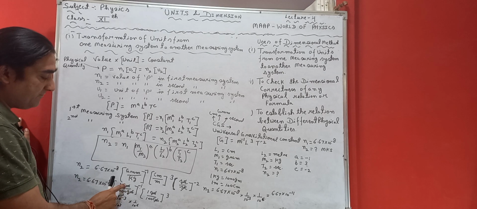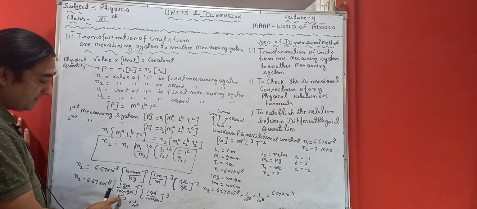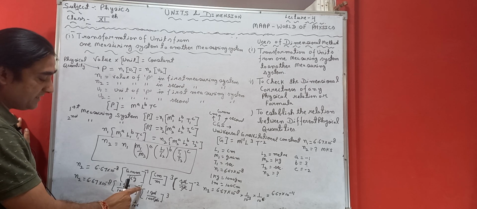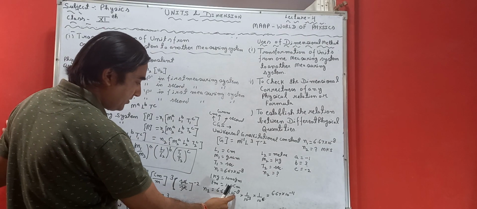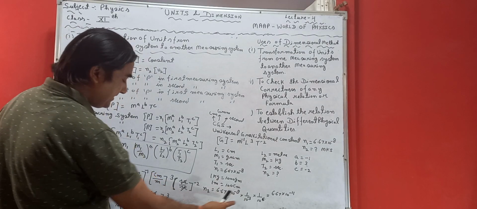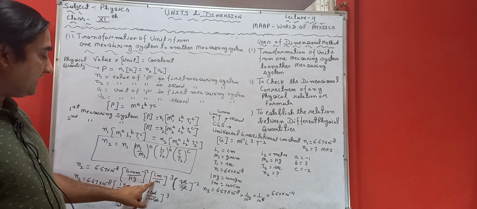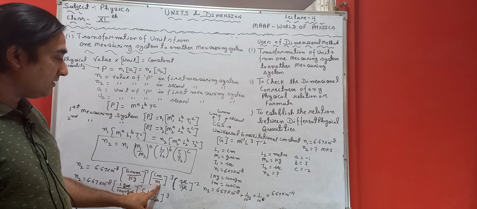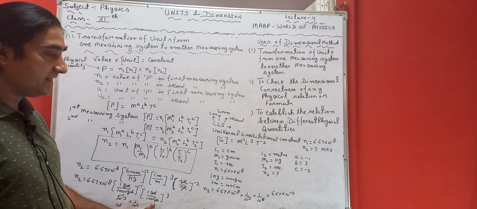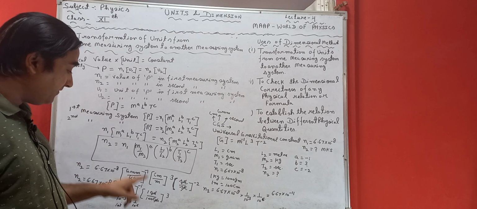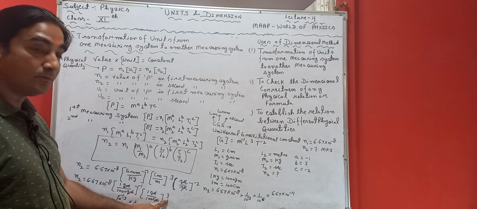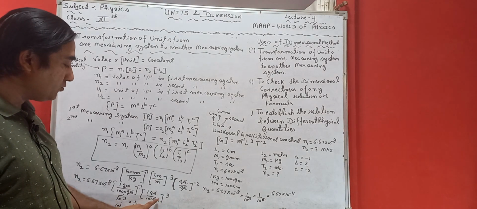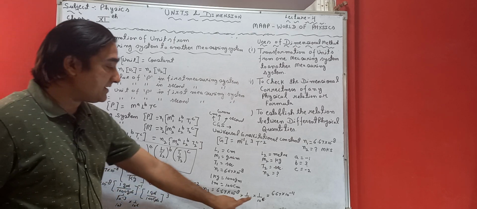So we can cancel out gram with gram. So here it will become 10 raised to power minus 3. 1, 2, 3 and this minus 1. So it will become 10 raised to power minus 3. So then we can write 6.67 into 10 raised to power minus 8 into 1 upon 10 raised to power minus 3. And here I can substitute 1 meter is equal to 100 centimeter, so that I can cancel out centimeter with centimeter. So it will become 1 upon 100 raised to power 3. So it will become 10 raised to power 2 multiplied by 3, so it will become 10 raised to power 6.